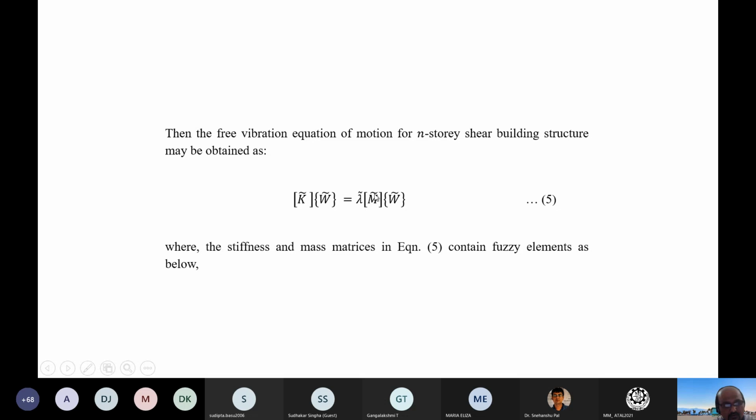Because you see, on the right hand side I also have a square matrix. In general, I have Ax equal to lambda x, the eigenvalue problem. Here it is generalized because on the left and right side we have a full 2 by 2 matrix. K is the stiffness matrix, M is the mass matrix.